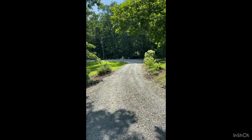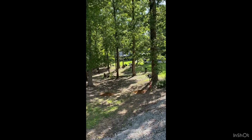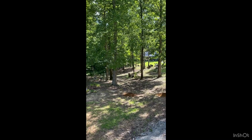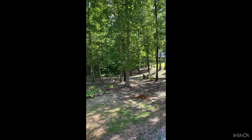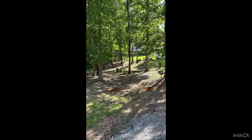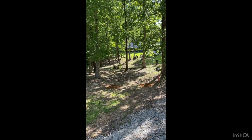So this is the look going down our driveway, and over to the left is our Woodlands garden that we started a year ago, really a year ago, but we did put a few things in it the year before that, but not many. But we're going to put an entrance,